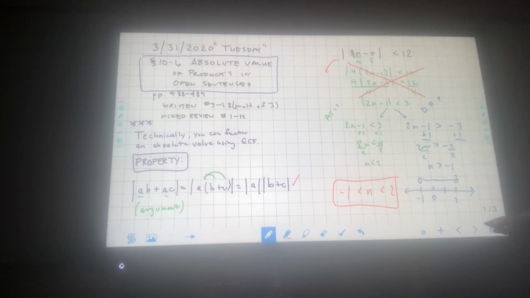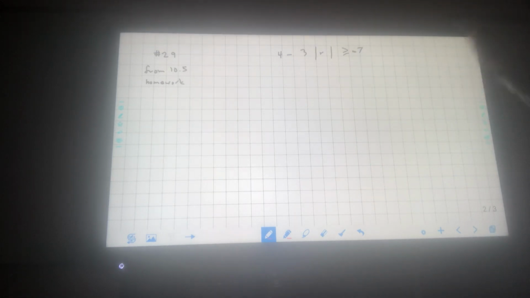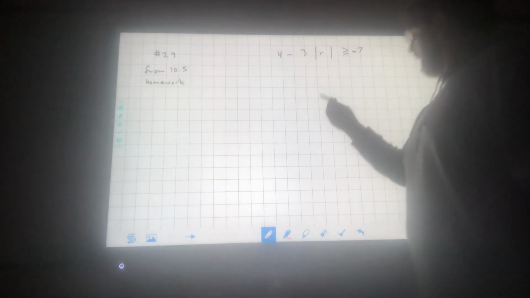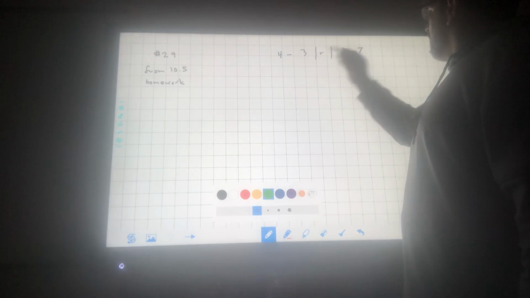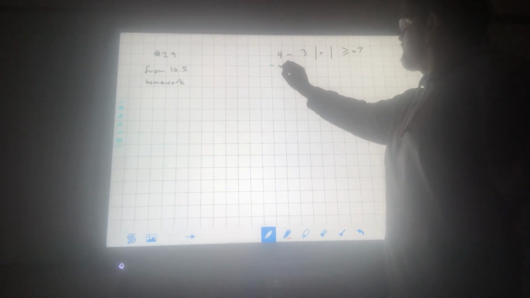Right? Let's move on. So this is number 29 from last night's homework. I will be honest with you, you can kind of see the green there. I did this and then I got it wrong because I wrote it down wrong and then I messed everything up. So I went back and I redid this whole